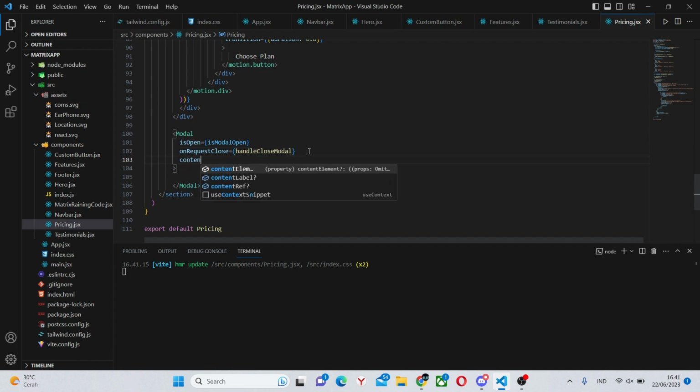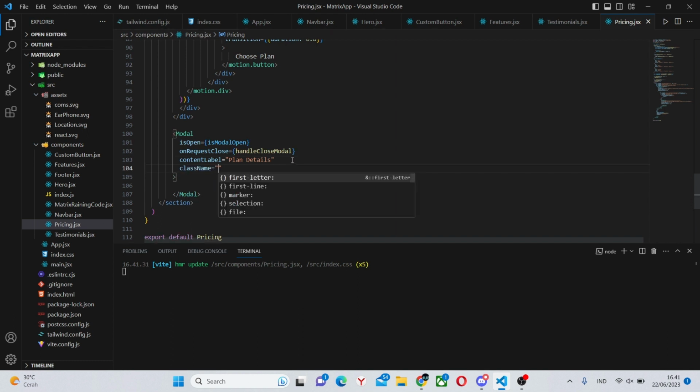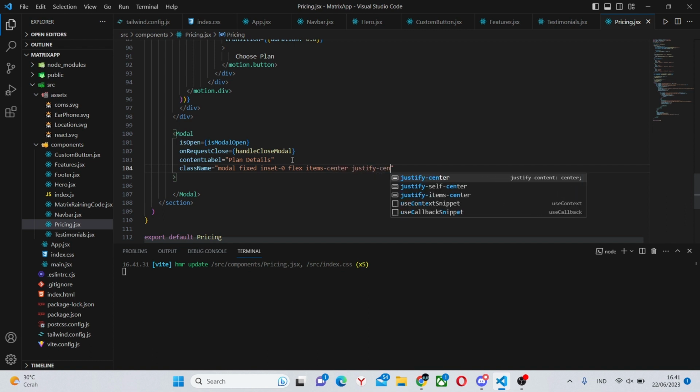Next, contentLabel equals plan details, className. So we actually need to style the modal because this is an unstyled component. So we can say modal fixed inset-0 flex items-center and justify-center.